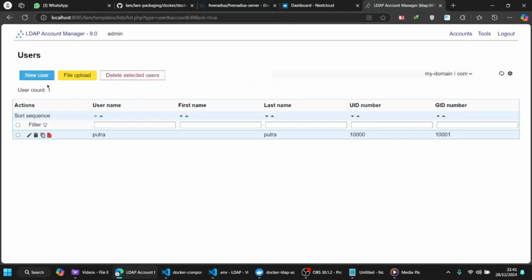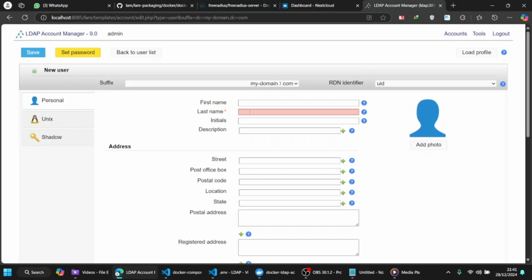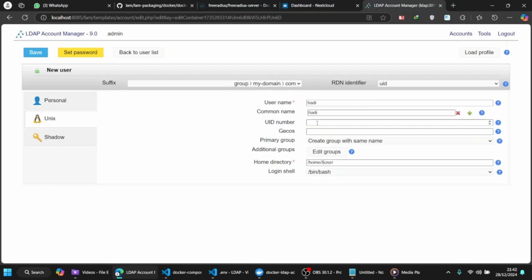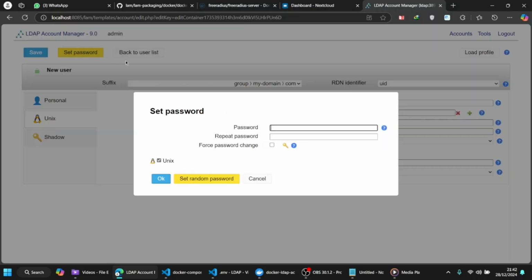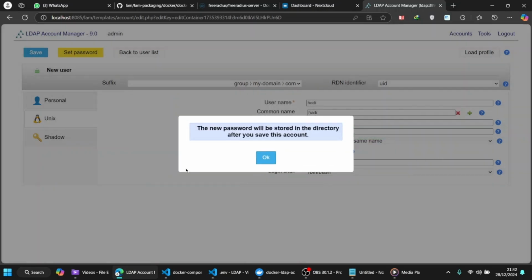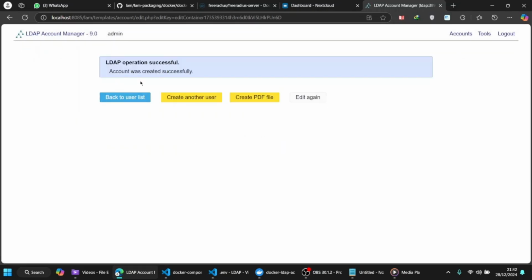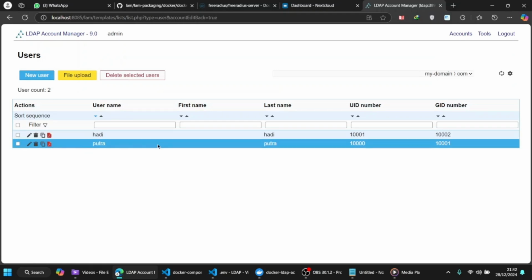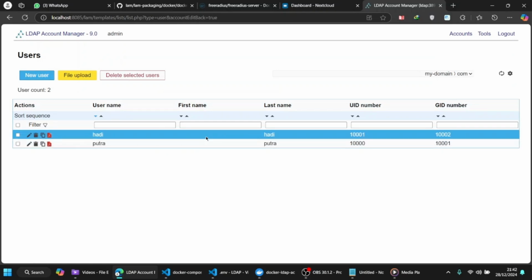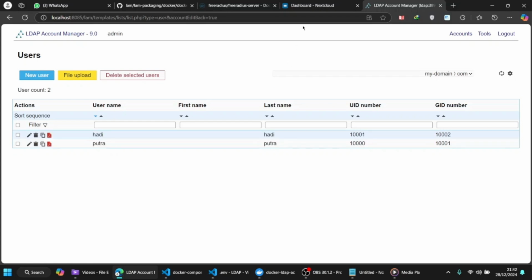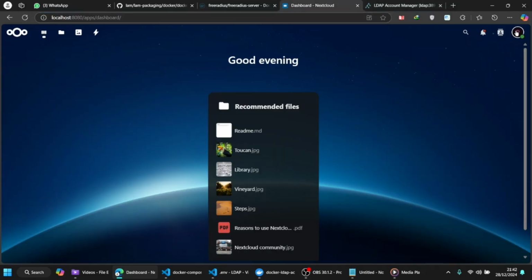Then you repeat the steps. This is for my friend's user. And then like that, set the password, same password. Then save it. Okay. Now you have the two users in this. First there is Putra and Hadi. And then you go to this Nextcloud